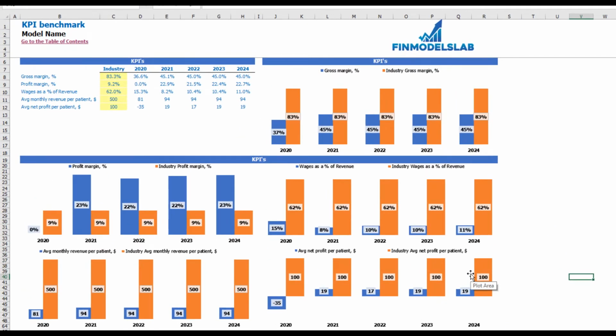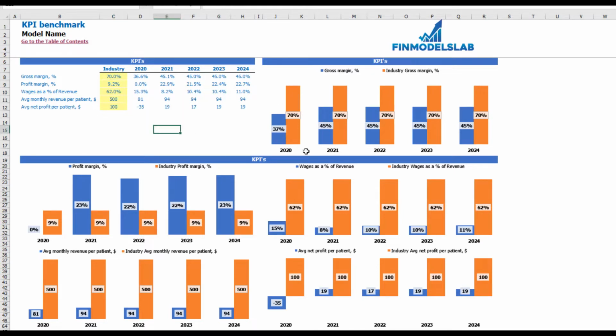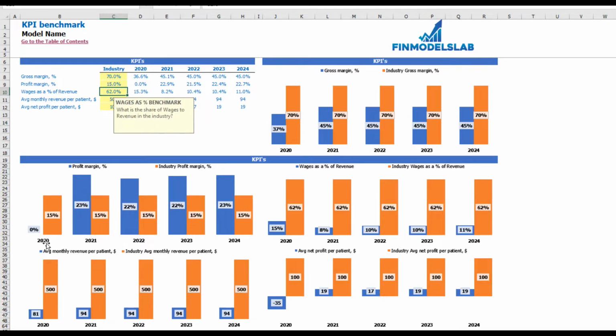On the KPI benchmarks tab, you may see 5 main industry benchmarks, which are also changeable depending on your industry, depending on your country or region. For example, in your country, the benchmark of gross margin for this business is 70%, so you may see that on the gross margin KPI tab, the industry gross margin is updated, and this also works for all other 4 main KPI benchmarks. For example, profit margin is 15%, which is also changed on this chart,